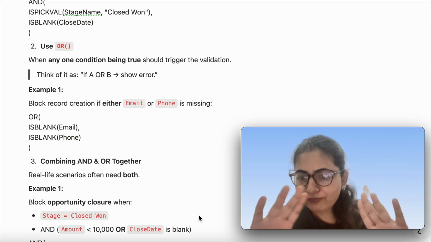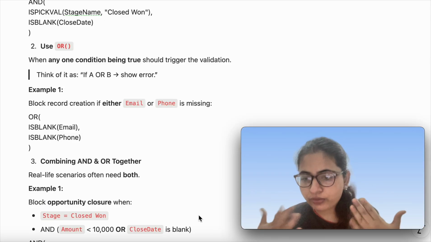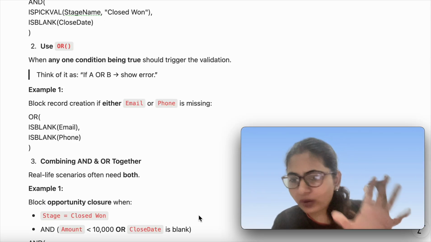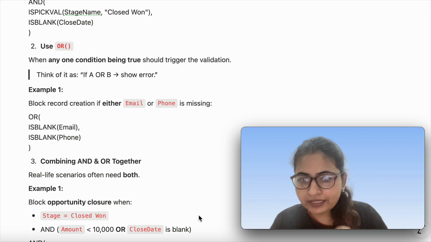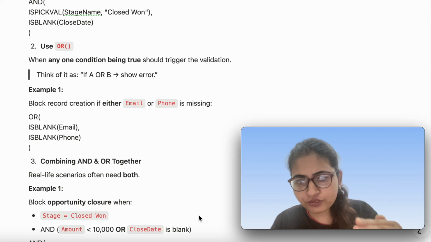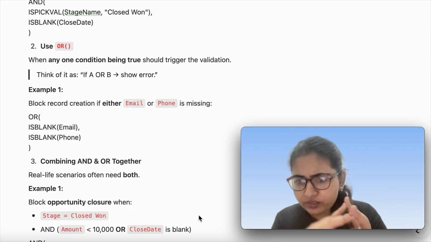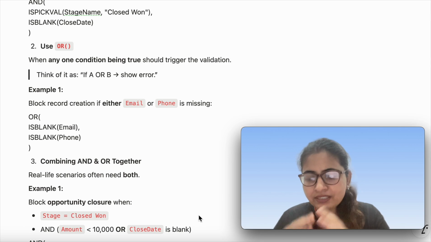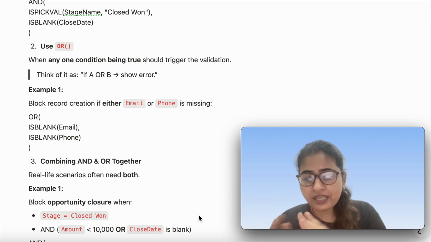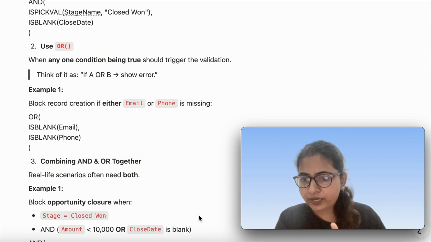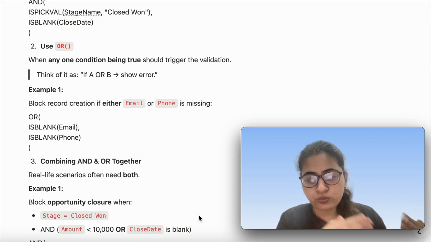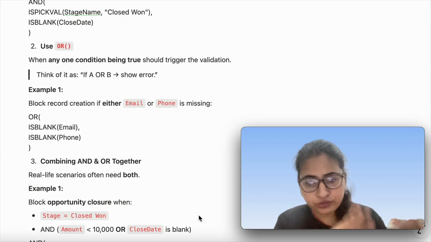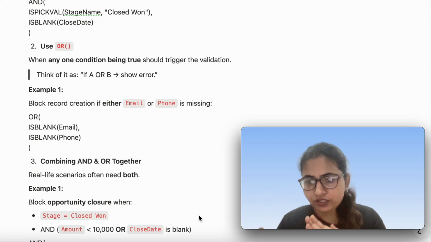So whenever you try to understand or write them, think about the statement for which you are writing a validation rule. Make sure you understand which conditions are compulsory and used in combination, and which conditions are ones where either of them can trigger the error. Where we have to showcase the error only when both are true, we are going to use the AND operator. When it's either one of them, then we are going with the OR operator.